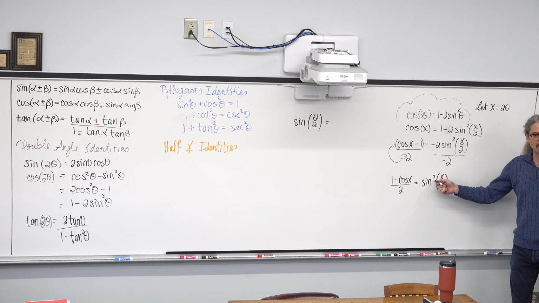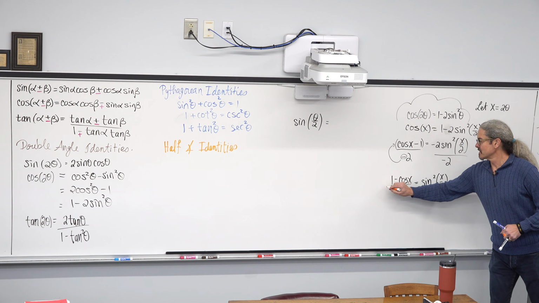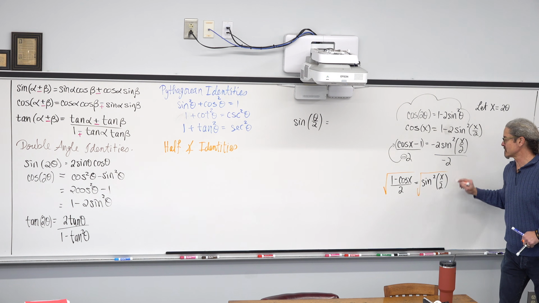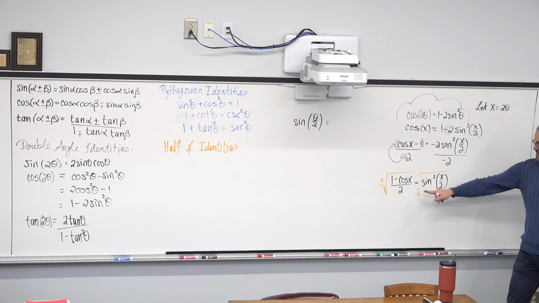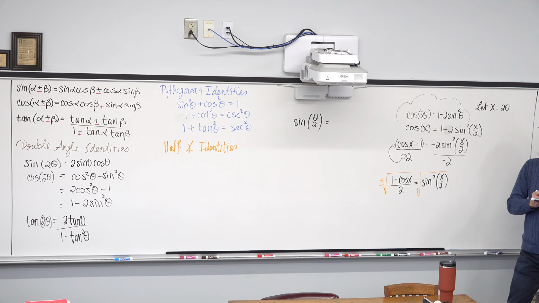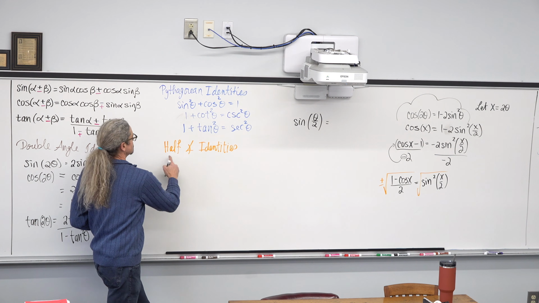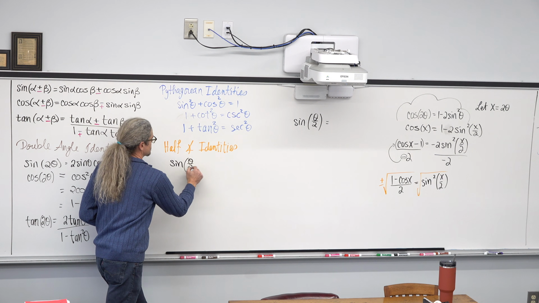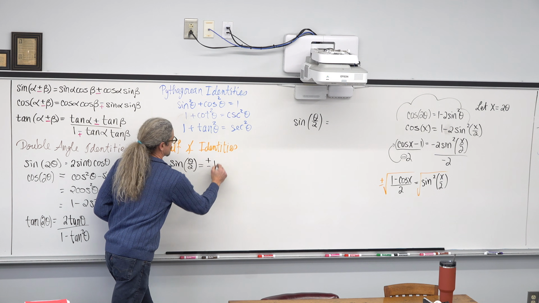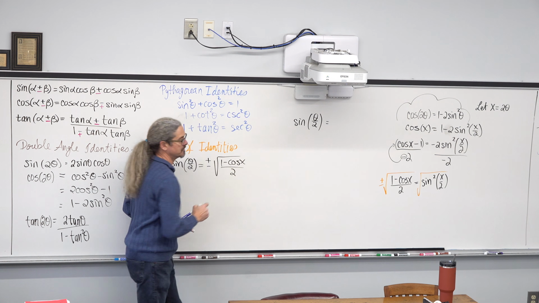And how do we get rid of the power of 2? We introduce our own even root. So if we introduce our own even root, we have to account for the positive negative nature of that. The square root of something squared is an absolute value function, which is actually creating the plus or minus nature. So our first half angle identity is the sine of theta over 2 is equal to plus or minus the square root of (1 minus cosine of x) over 2.